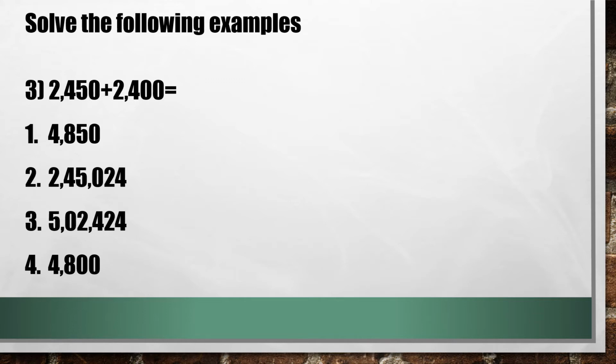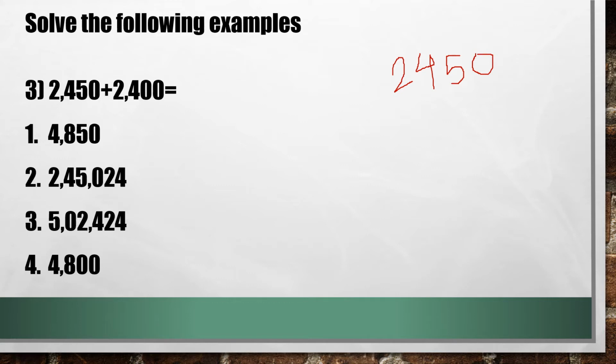Okay, so here again very simple. You just have to add and choose the correct option. The units that are given in the questions, you have to just add them properly. Write it down carefully so that you do not make any silly mistakes. Okay, so what I am doing is I will just write down and add the numbers. I will write down 2, 4, 5 and 0. Now you can do it by yourself also.